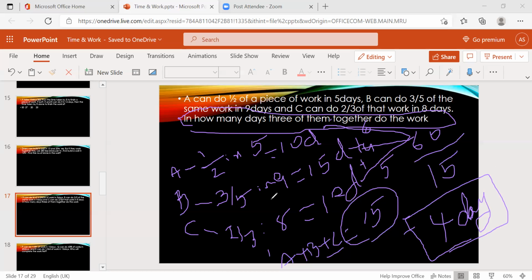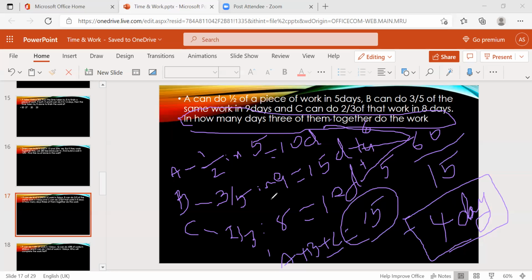Okay. First, actually in this problem, what they given? They given a relation of the work, I mean, some tip of the work. Based on that, we are finding out the full days of A's work, B's work, and C's work. Then, as usual, we follow the LCM method, and if you are following the rule of flip method also, it's okay. Both methods will get the same days.